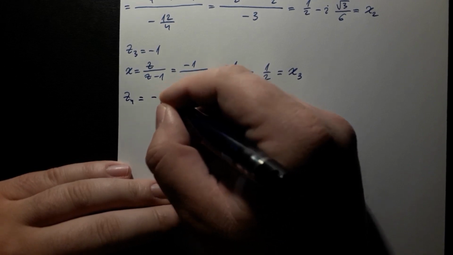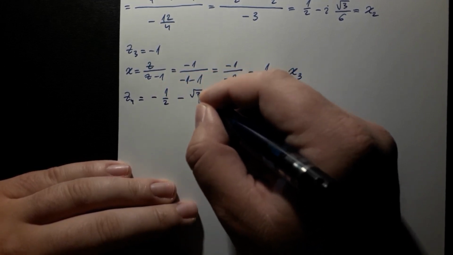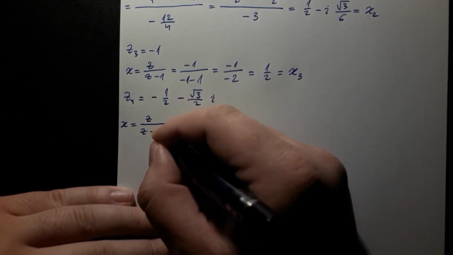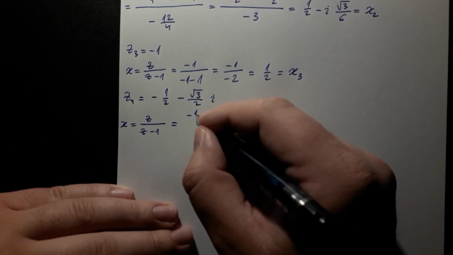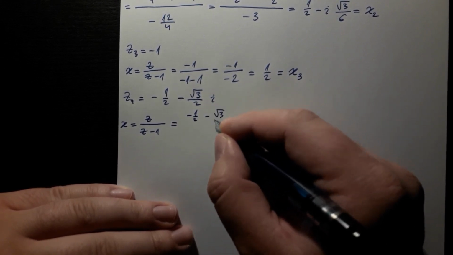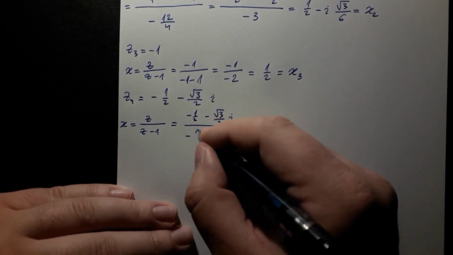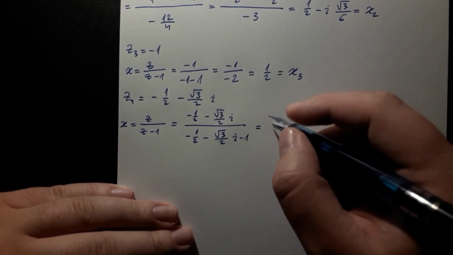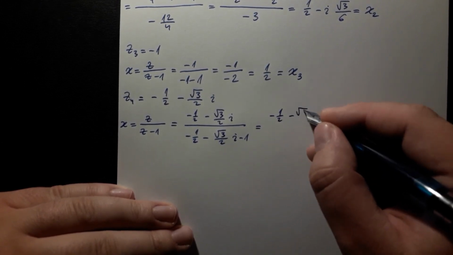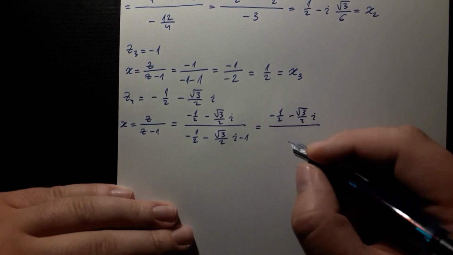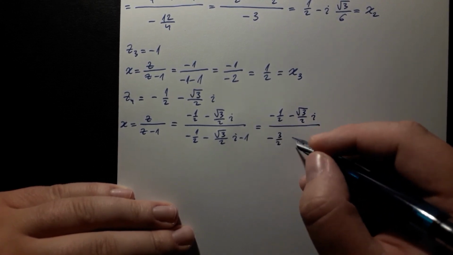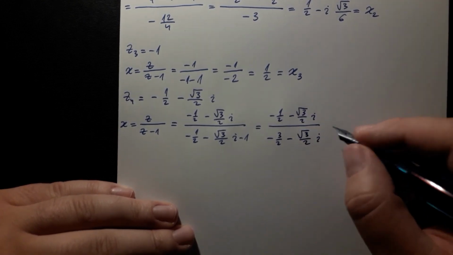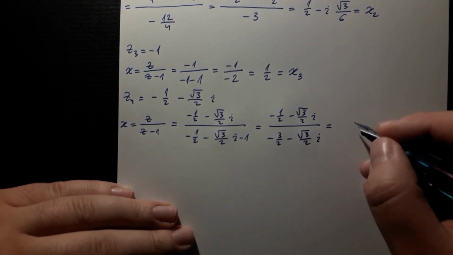z4 is equal to negative 1/2 minus square root of 3 over 2 i. x is equal to z over z minus 1, and that is equal to negative 1/2 minus the square root of 3 over 2 i over negative 1/2 minus the square root of 3 over 2 i minus 1, which is equal to negative 1/2 minus the square root of 3 over 2 i over minus 3/2 minus the square root of 3 over 2 i, which is then equal to